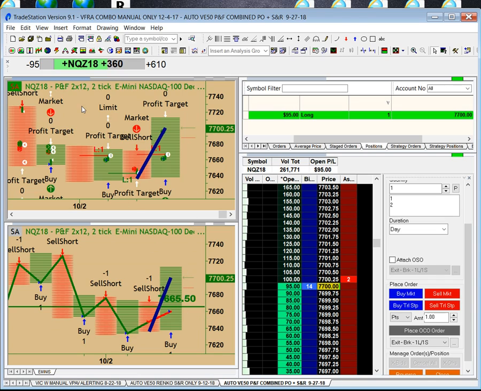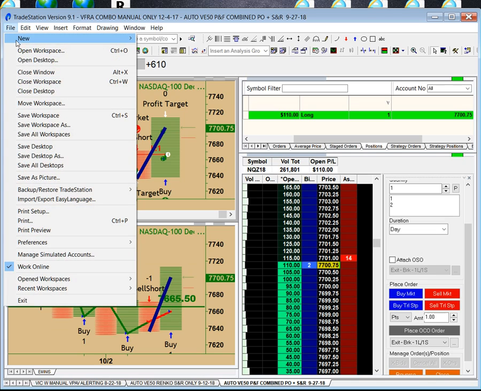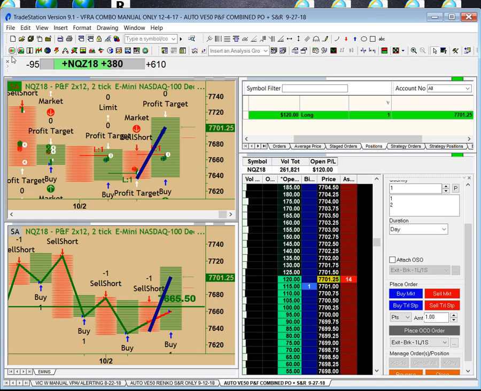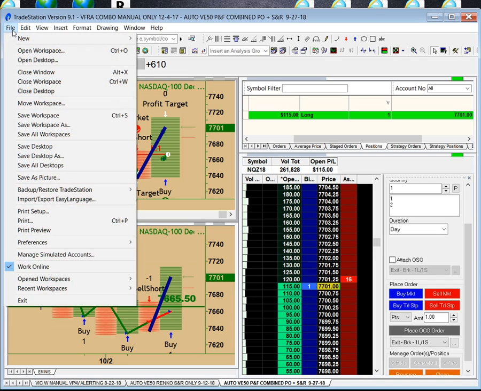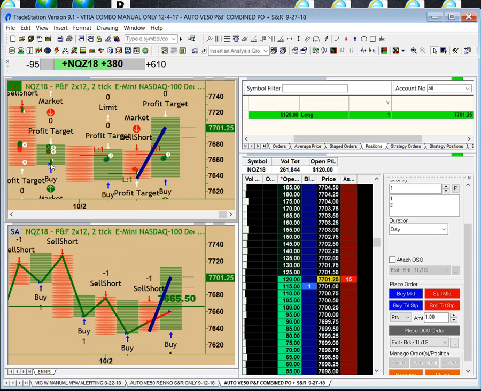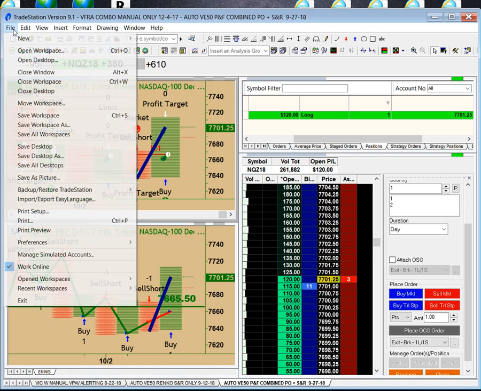All right, once you've done that, now you've got to save everything. Go to File, hit Save All Workspaces, and it'll do that. Click File again, Save All Desktops. Okay. Once you've done that, there are more steps in here. How about that? This TradeStation is the tip of an iceberg. Go up to File. All right. Go down to